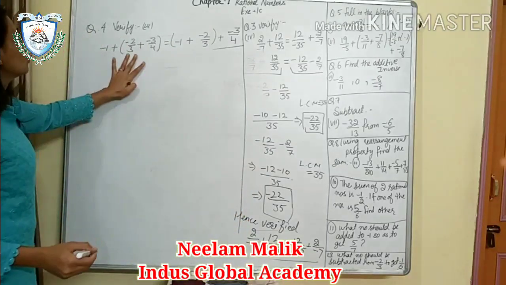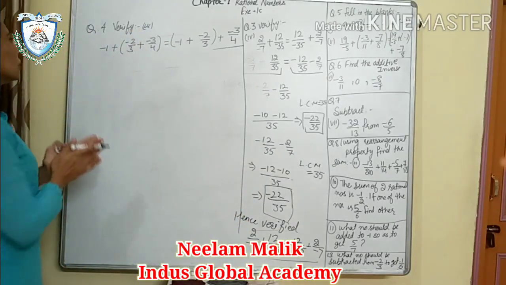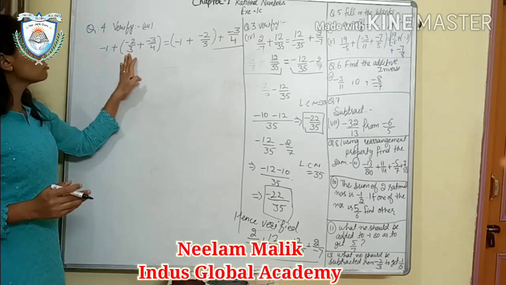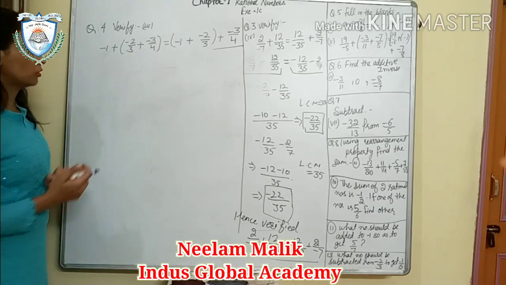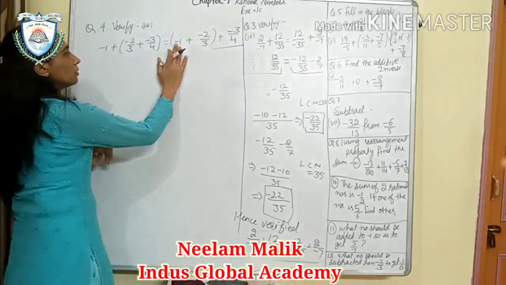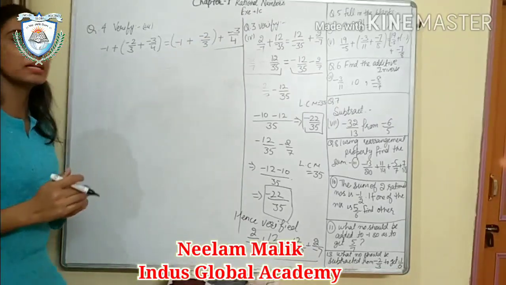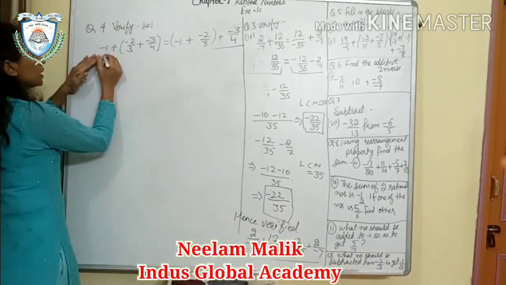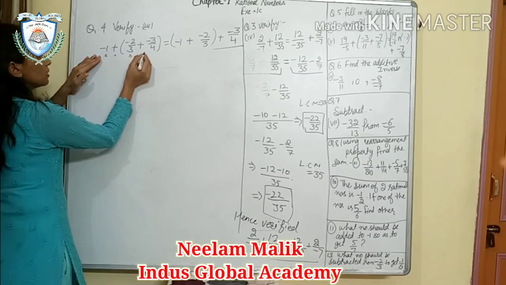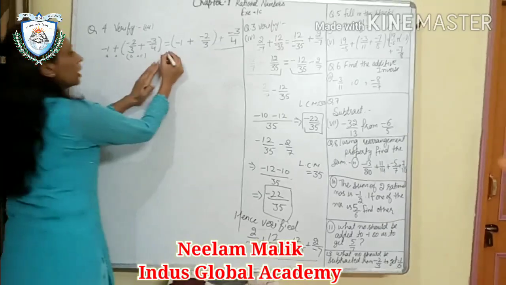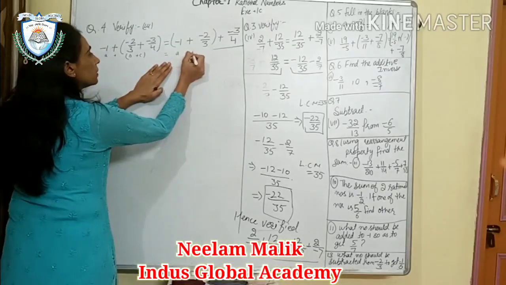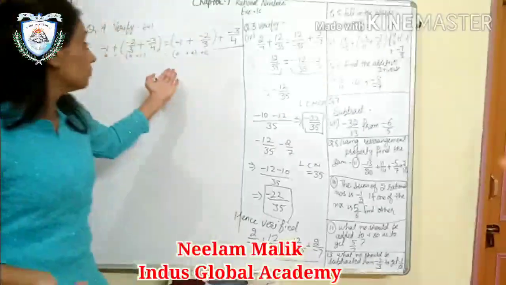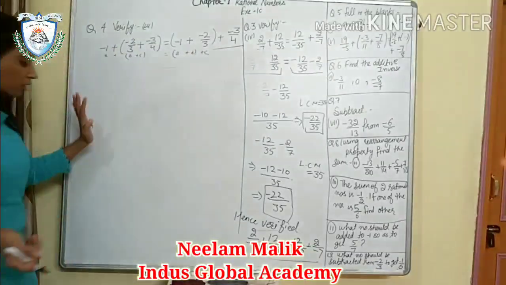Okay, so this is your statement. This is third part, question number 4. We have to verify -1 plus bracket start -2/3 plus -3/4 is equal to -1 plus -2/3 plus -3/4, with the brackets grouped differently. Here they are adding first B plus C, and on that side they are adding A plus B first and then C. So this is our associative law. They will be equal. We just have to verify this, nothing else.